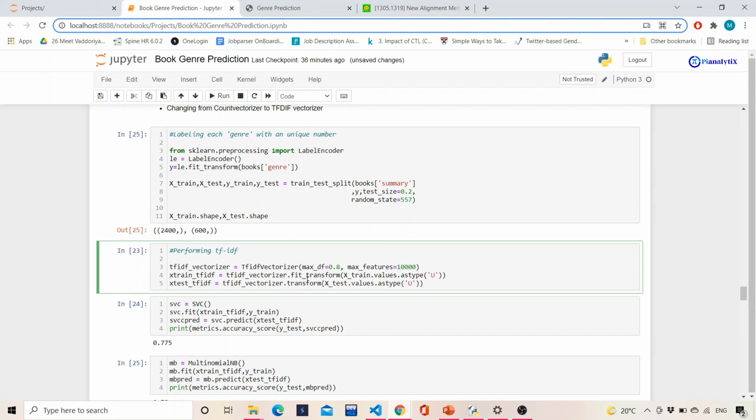We will not use fit_transform on xtest or validation data, because understand a very simple difference between fit_transform and transform. The fit_transform will consider the label as well along with it, and with that it will use the distribution and fit it. Whereas with transform, we basically want to check whether our validation data will perform well or not.